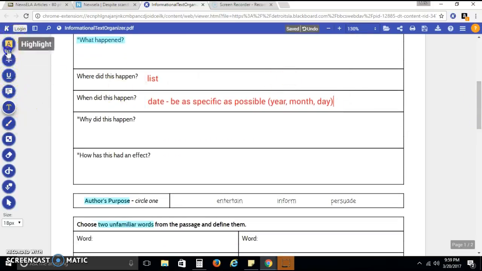I need you to explain why the event or issue that you're reading about took place. Why did this happen? This also needs to be in complete sentences. Notice the asterisk. And how has this had an effect? So I want to know what has happened as a result of the things discussed in the text that you're reading. Okay, so for example,